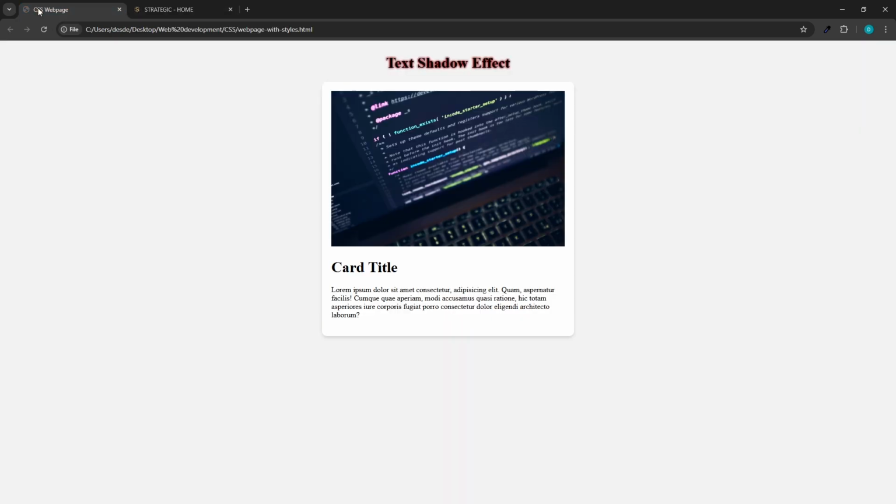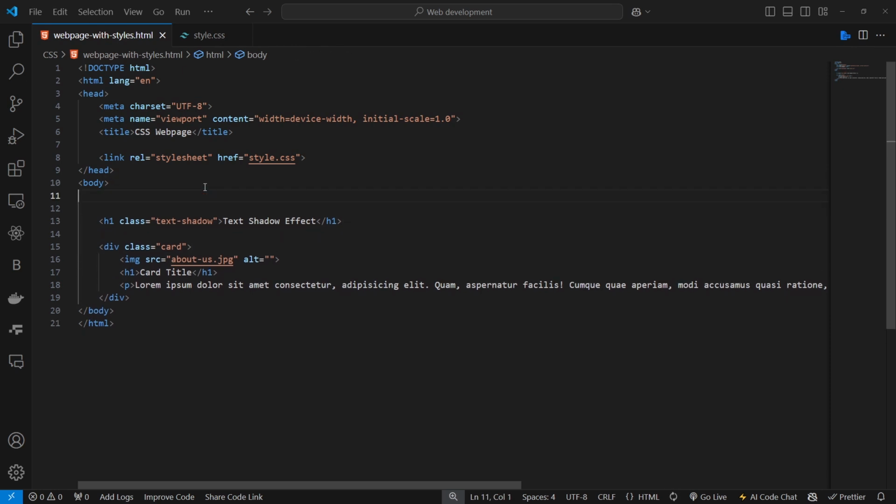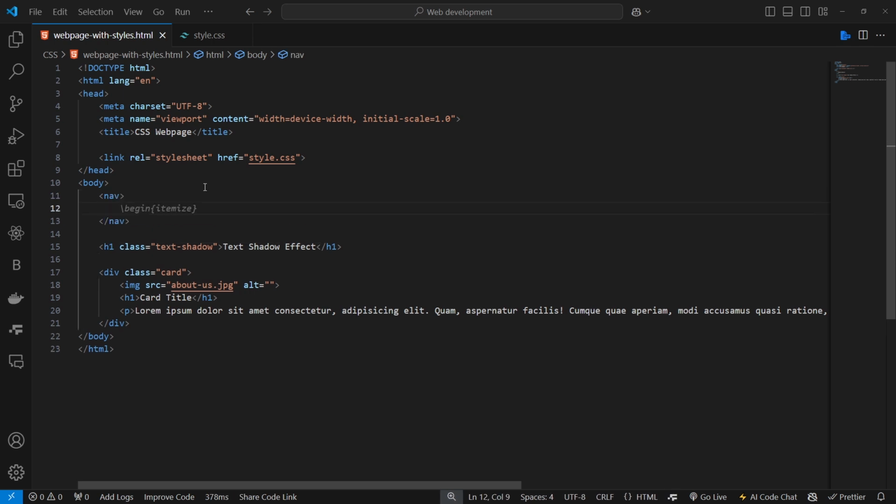So let's create something very similar to that. With the skills we've learned in HTML and CSS, we should be able to create a simple navigation bar like this. So the first thing we'll do is we want to write this semantically. So let's use the nav tag,